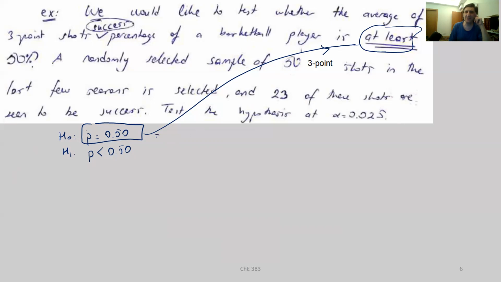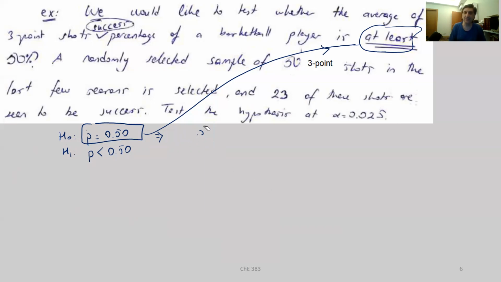At the very beginning, I said that this hypothesis test divides the whole real axis into two sets of possible values of the population parameter. Since this says P is smaller than 0.50, this actually means probability is greater or equal to 0.50. But we always use an equality, and I think now it's easy to explain why, because in the statistic, instead of mu, we use that equality value, 0.50. So we assume that this is the reference distribution, the null hypothesis. Therefore, it should be an equality.